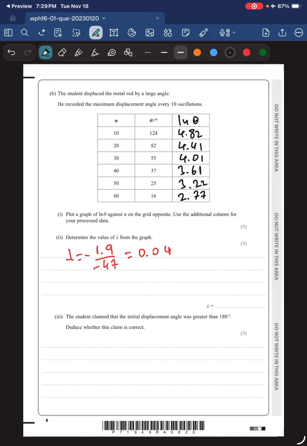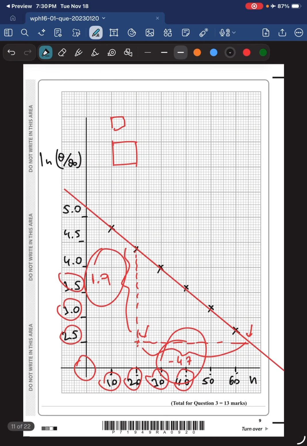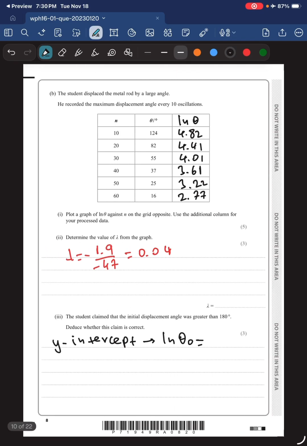Part 3. The student claimed that the initial displacement angle was greater than 180 degrees. Deduce whether the claim is correct. To find the initial angle, we need the y-intercept. So the y-intercept is equal to the ln of theta naught. And from the graph, we see that the ln of theta naught is about 5.25,